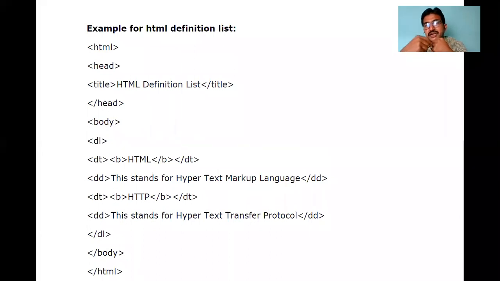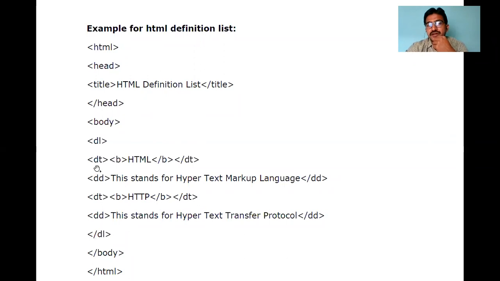For entering the data or text inside the definition list, it is DD. DD is for entering the definition data, DT is the heading, and DL is the definition list. For what purpose are we going to use DL, DT, DD? If you want to display a definition on a page like HTML definition, you can use DL, starting tag, ending tag.